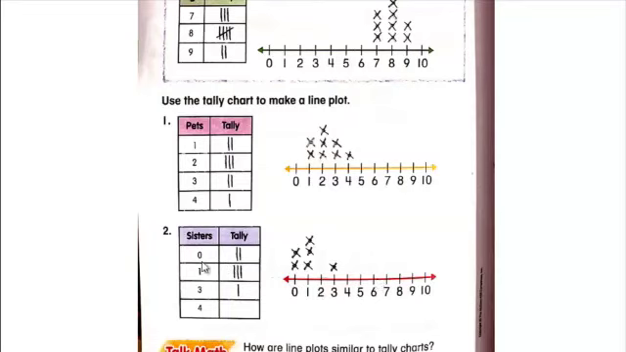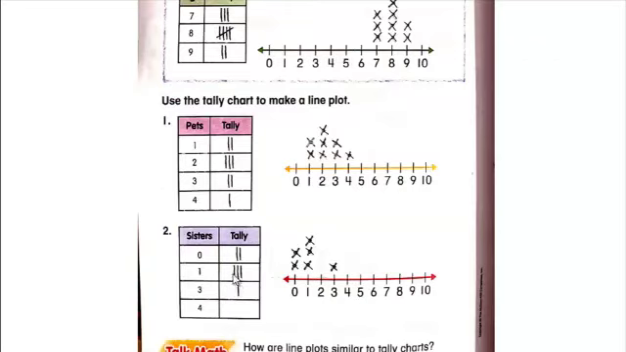Here, in front of 0, there are 1, 2 tally marks. So here on this line, in front of 0, draw 2 tally marks as plots. 1, 2. Okay. Here, in front of 1,